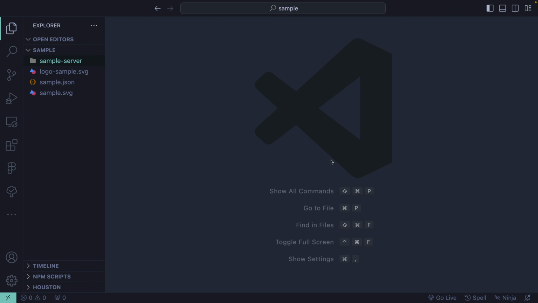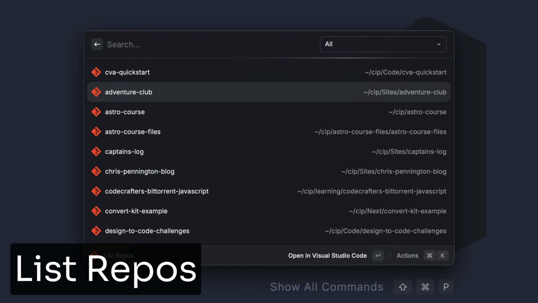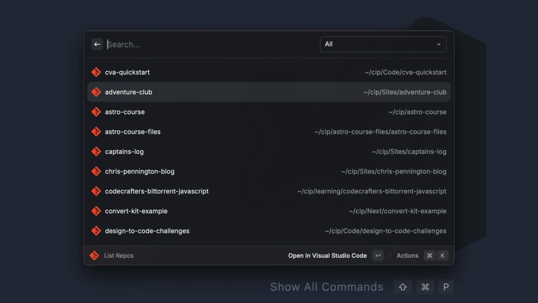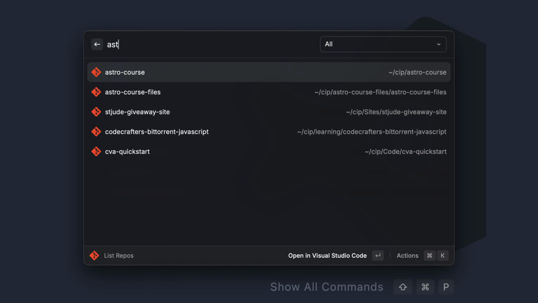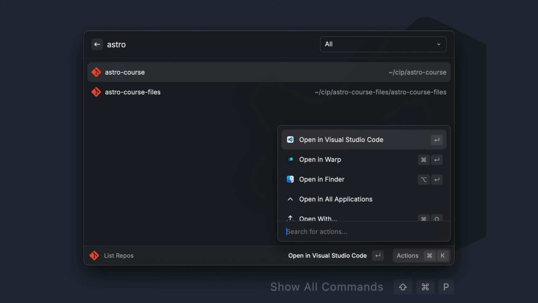All right, let's go ahead and jump right in with the first one called List Repos. This just lists any Git repositories in a given folder or folders on your machine. You can set this up when you first install the extension, and then you can just search for anything you want. So like if I look for my Astro course, you'll see that I've got a bunch of options I can choose. Hit enter and it will open it in Visual Studio Code because that's how I've got it set